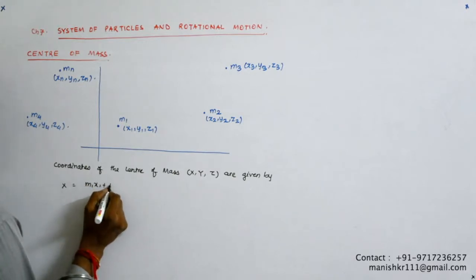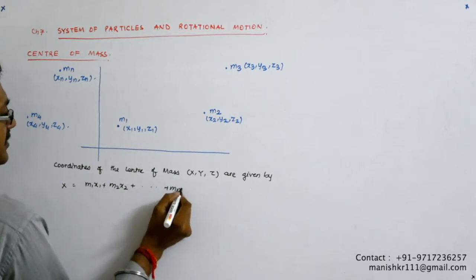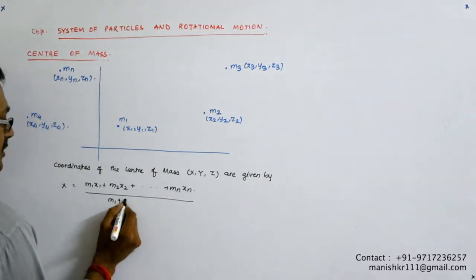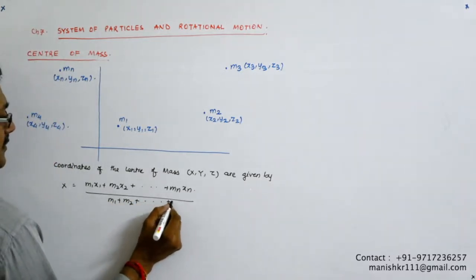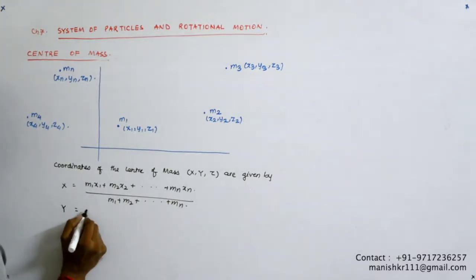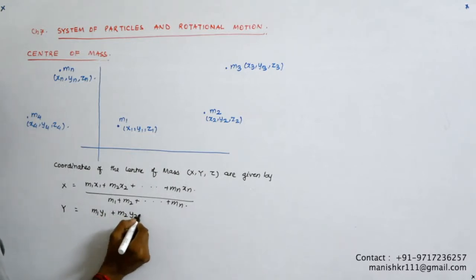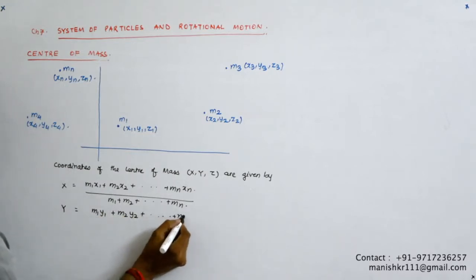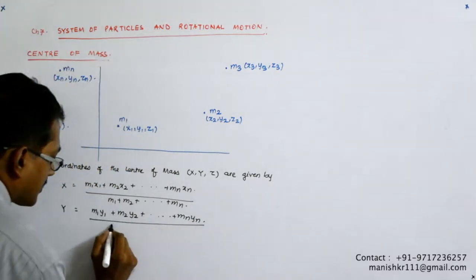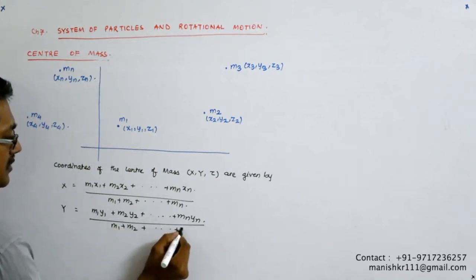m1 x1 plus m2 x2 plus mn xn upon m1 plus m2 plus mn, right? That's a common convention. So it is m1 y1 plus m2 y2 plus mn yn divided by m1 plus m2 plus mn,